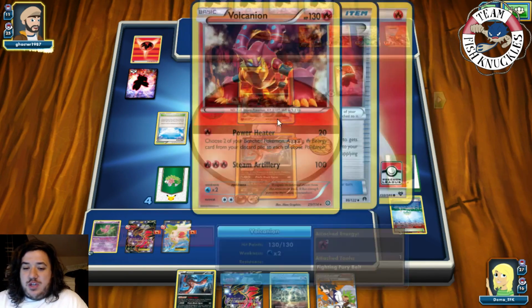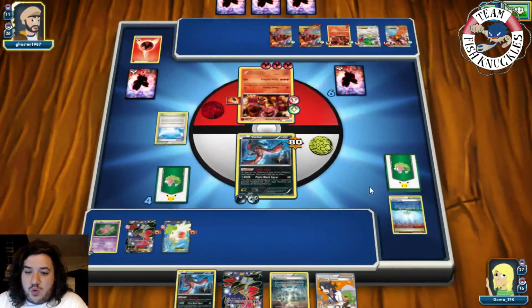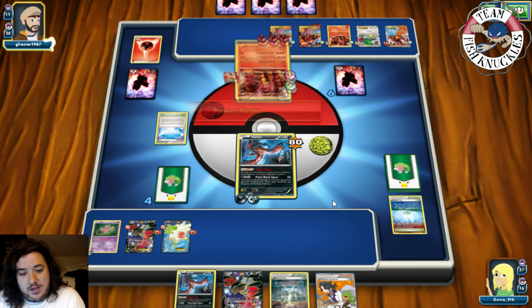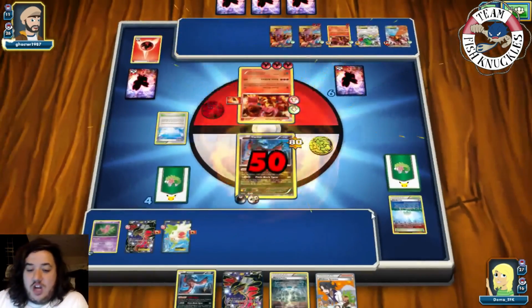Okay, there's a Steam Up, so he can actually go for the Power Heater, which is a great play this turn. And yeah, we're going to go put down the Yveltal, Sycamore, discard our hand, draw 7 new cards. And guys, man, I am feeling nervous for my opponent. All right. So there's a Power Heater for the knockout, and as long as we find a Dark Energy, we